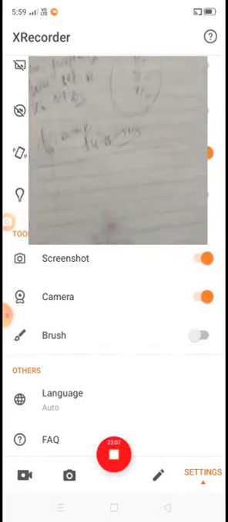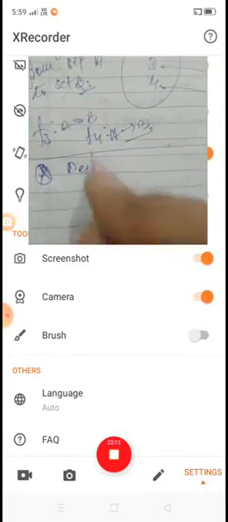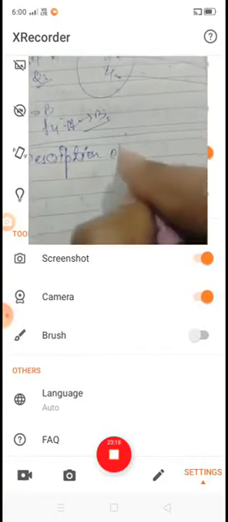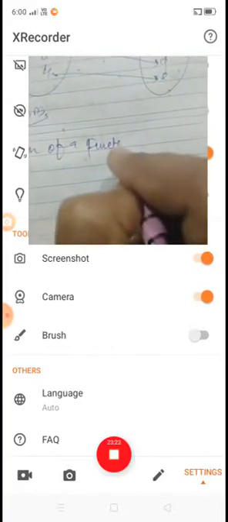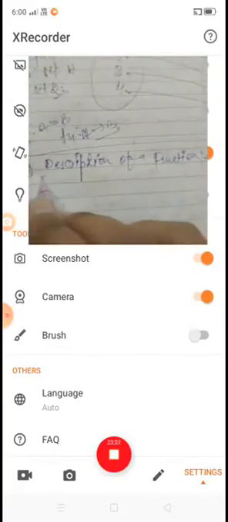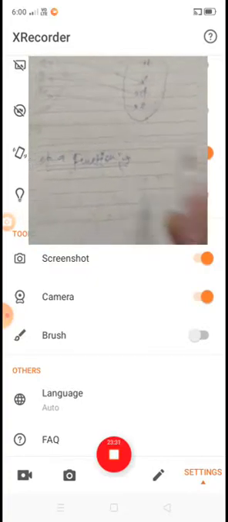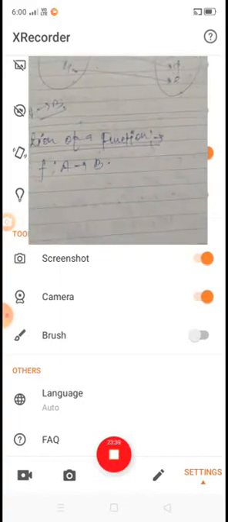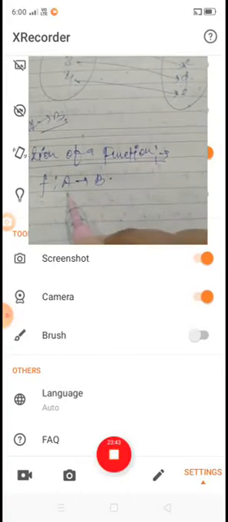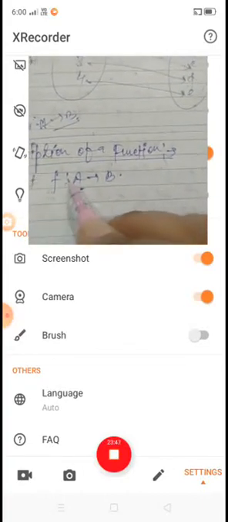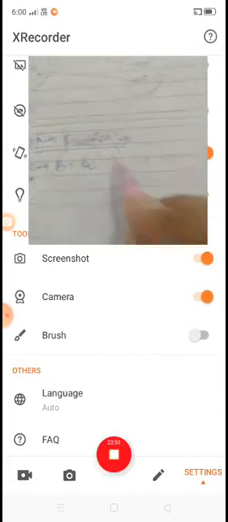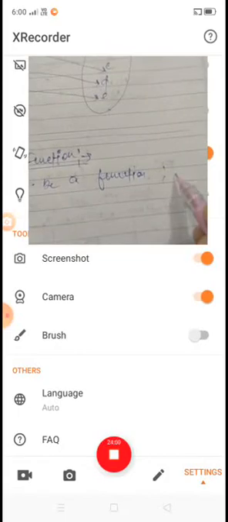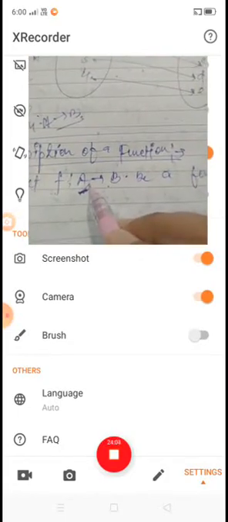Now, description of a function. Suppose f from set A to set B is a function such that the set A consists of a finite number of elements.